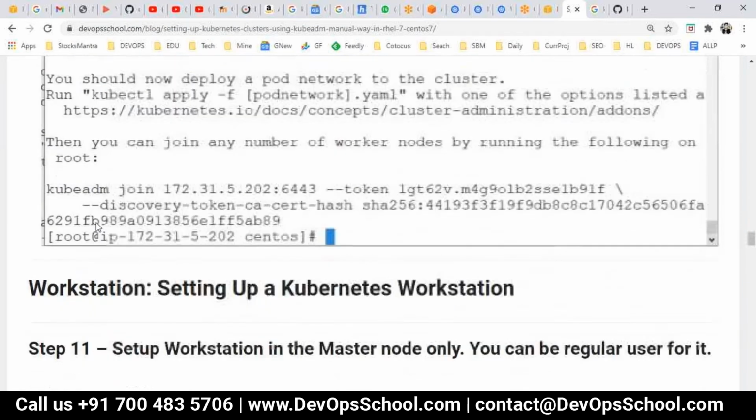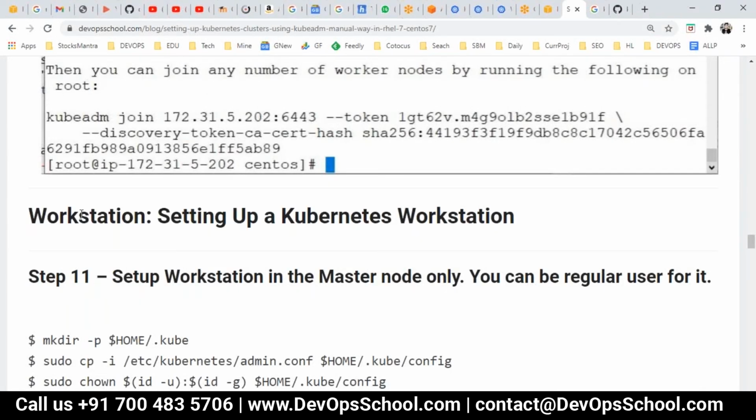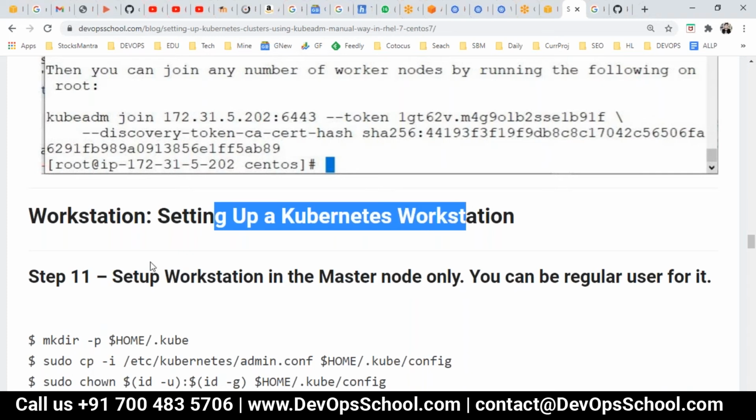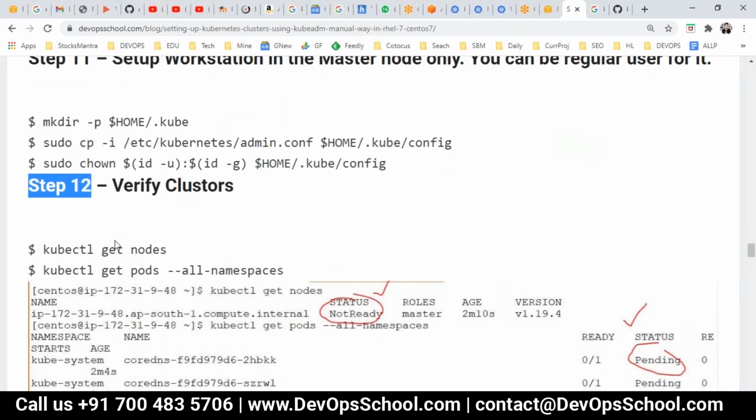Over. Now here you have a section called workstation. So this will help you to set up a workstation. Here step 11, step 12.